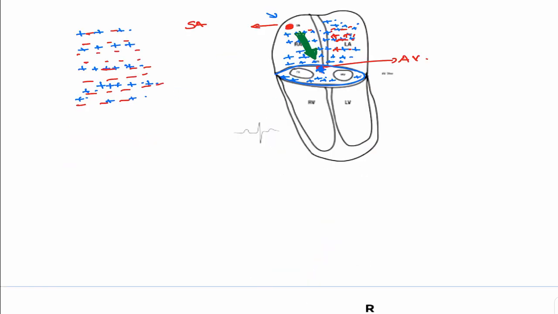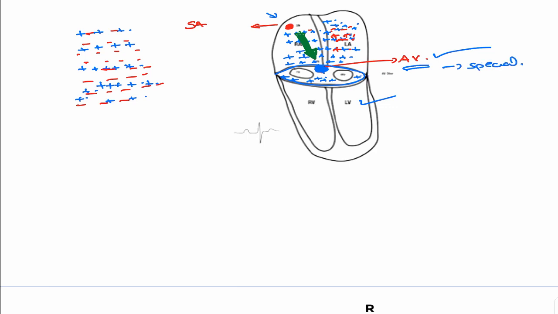So now the impulse has hit the, sorry, not ventricles, it hits the AV node, isn't it? In this region it has hit the AV node and it has depolarized the AV node. Now the speciality of the AV node is that the spread of impulse from the AV node to the ventricles down is very slow. So that's one speciality. Why?